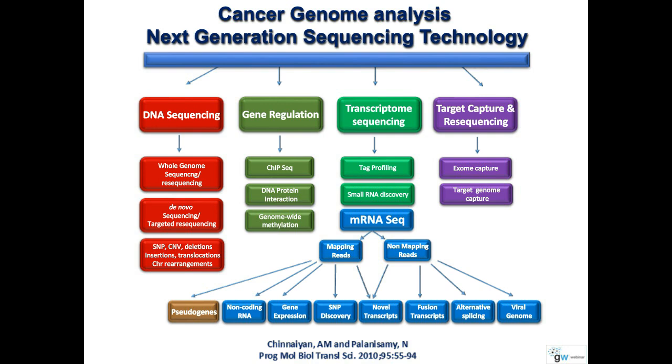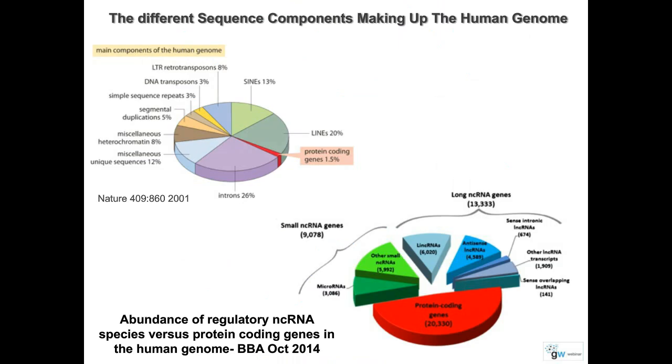Although several anecdotal pieces of evidence have been presented in the literature on the discovery of individual pseudogenes like PTEN and other pseudogenes, this is the first time we conducted a whole genome-wide analysis of pseudogene expression across several solid cancers, which I will present in detail in the subsequent slides. Before going to that, briefly I would like to review